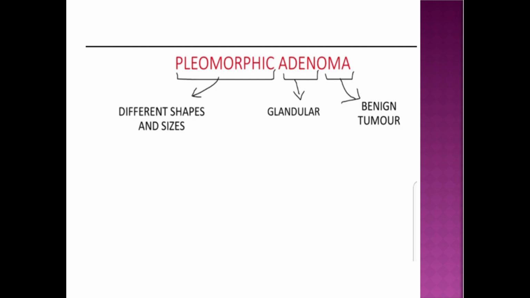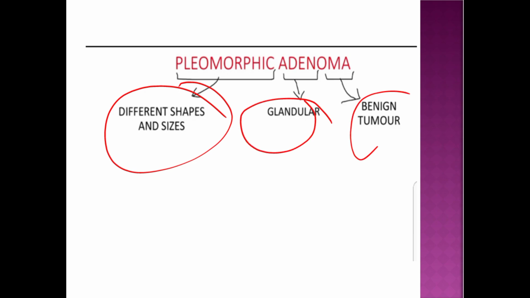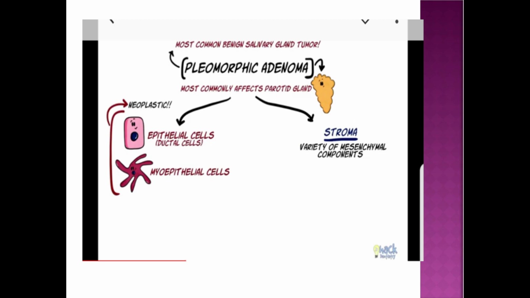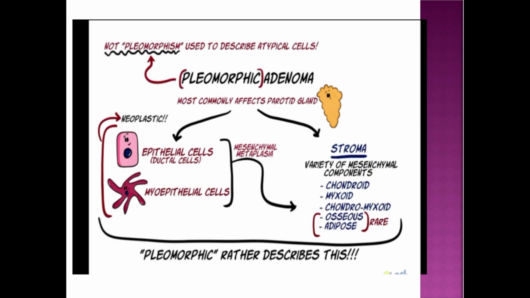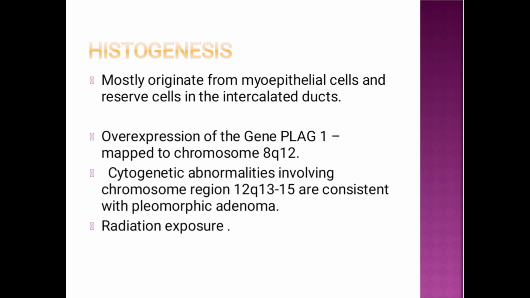Why do we call it a mixed tumor basically? It is a mixed tumor because it has different sizes and shapes. This gland has different sizes and shapes basically, and adenoma means glandular, oma means benign tumor. Okay, then again the composition has been shown here, which is the most common salivary gland tumor. Okay, then moving towards the